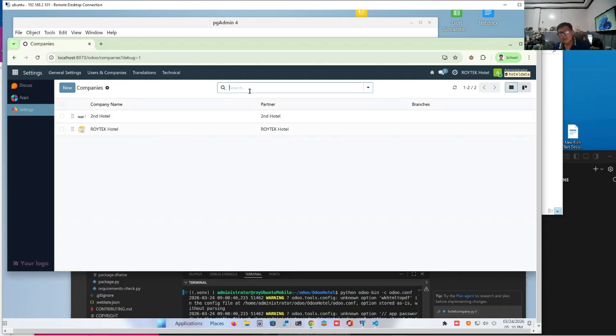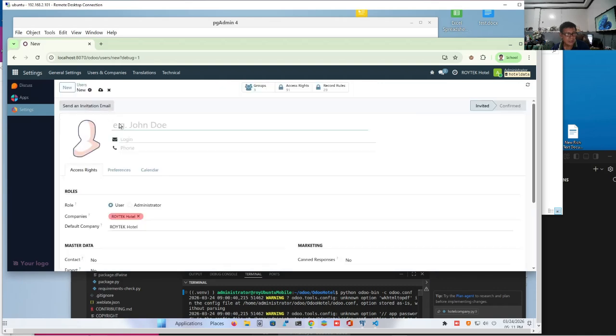Now, you may ask, what about the users? How can we limit the users to be able to use a particular company only so that they don't tinker with the data of other companies? Can we do that? What do we have to do? Actually, we don't have to do anything because Odoo 19 is designed to be multi-company. Okay. However, the admin user is always capable of accessing other companies, all companies. So therefore, we can have company-specific users. So we'll go to users. So we say we'll have user one.